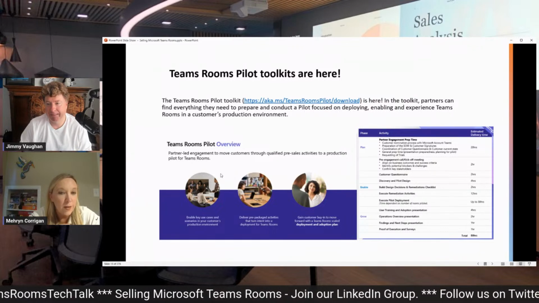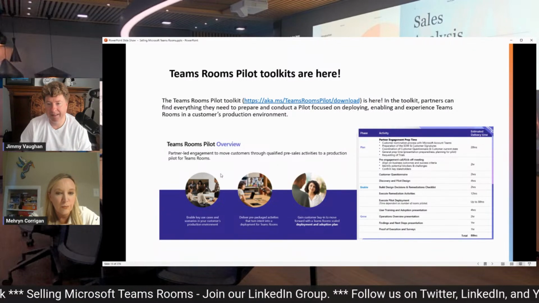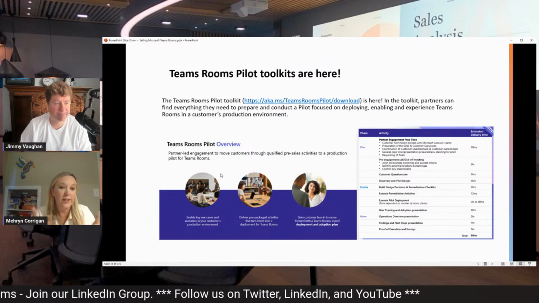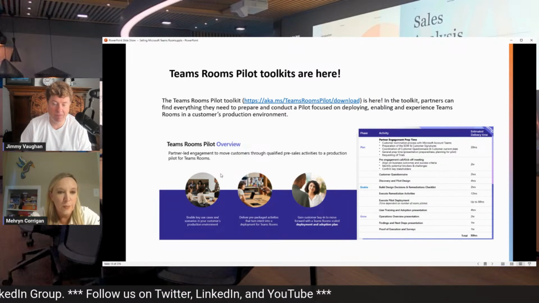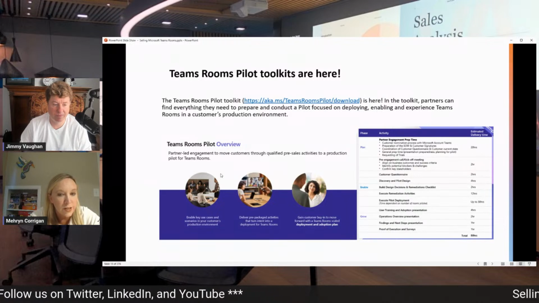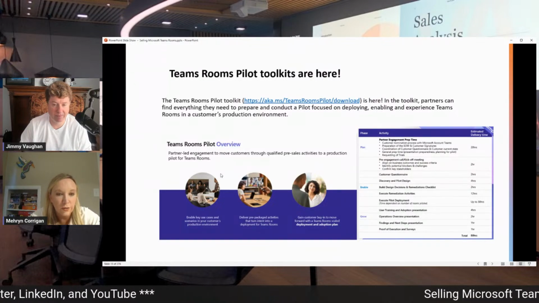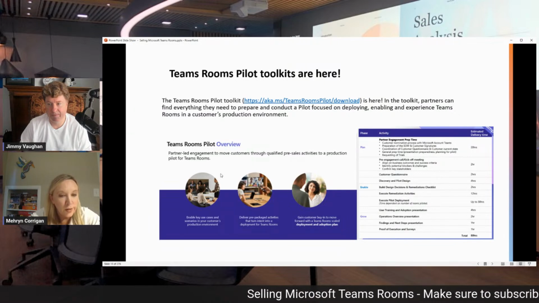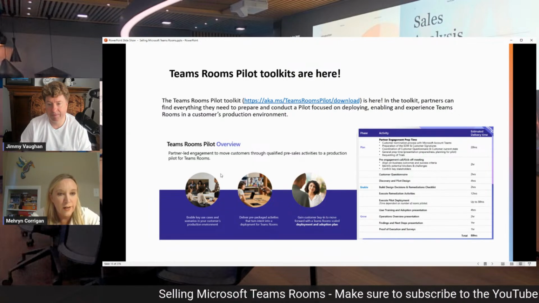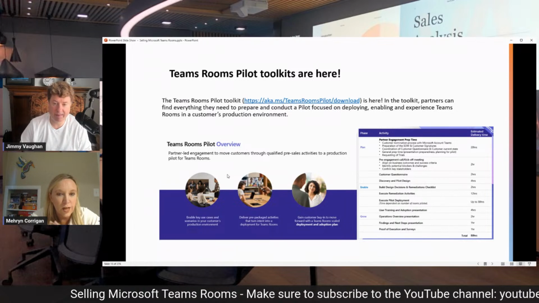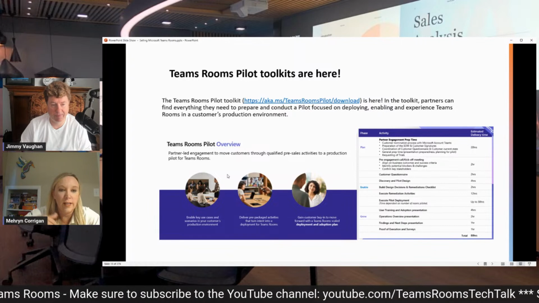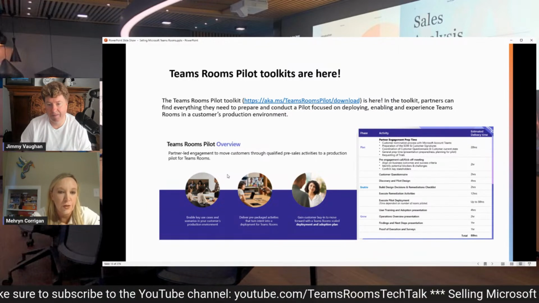So we've developed a kit and teaching how to implement that if you are a partner helping an end user get there, or if you're an end user wanting to get the first couple of rooms tested in your organization. This is a toolkit that will walk you through all the different steps, suggested onboarding, how to deploy them, how to train your organization. So lots of good tools there. It'll walk you through the ideation as well as the implementation of those units.